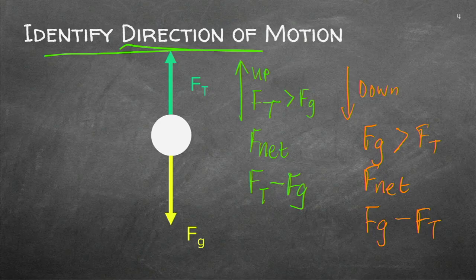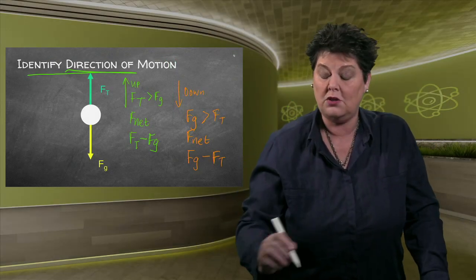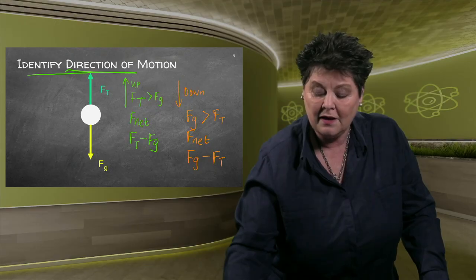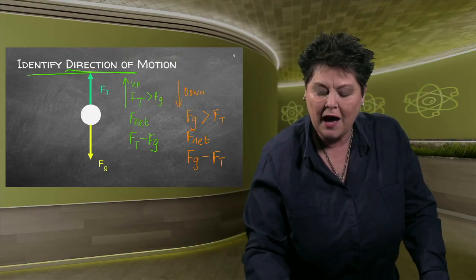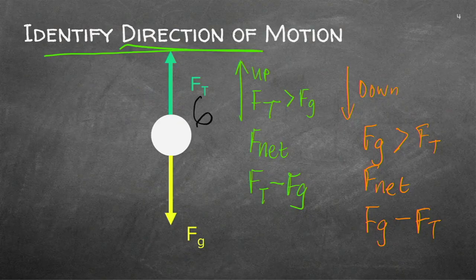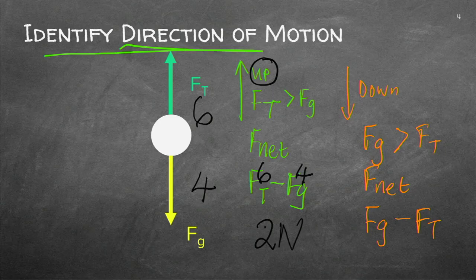Let me quickly put that into quantity so that you know why we are saying it's moving up and down. If the upward force is 6 and the downward force is 4, you know it will be moving up. You know the difference between these two is 2. How did you get to 2? I took the 6 and I had the 4 that side, and if you subtract 4 from 6, you get 2. And in this case, it's forces, so it's Newton.